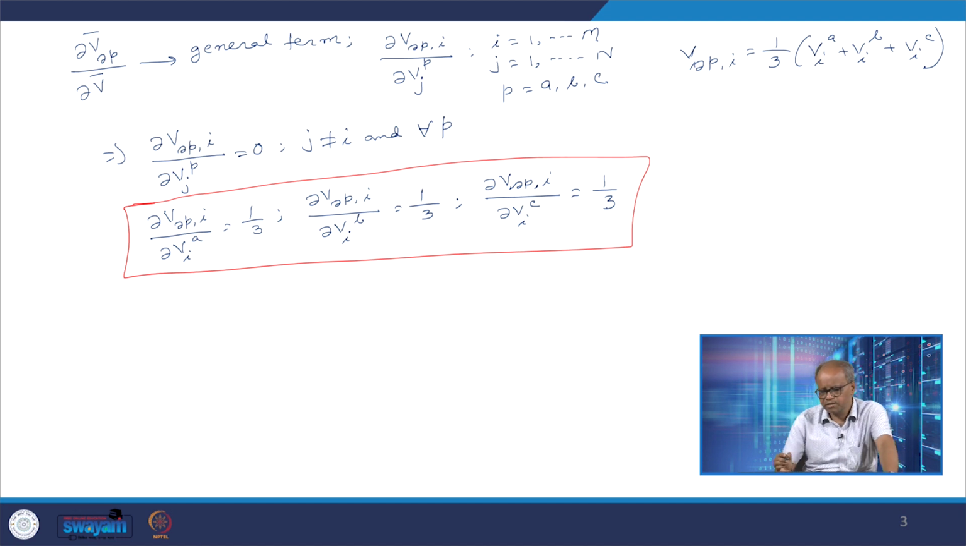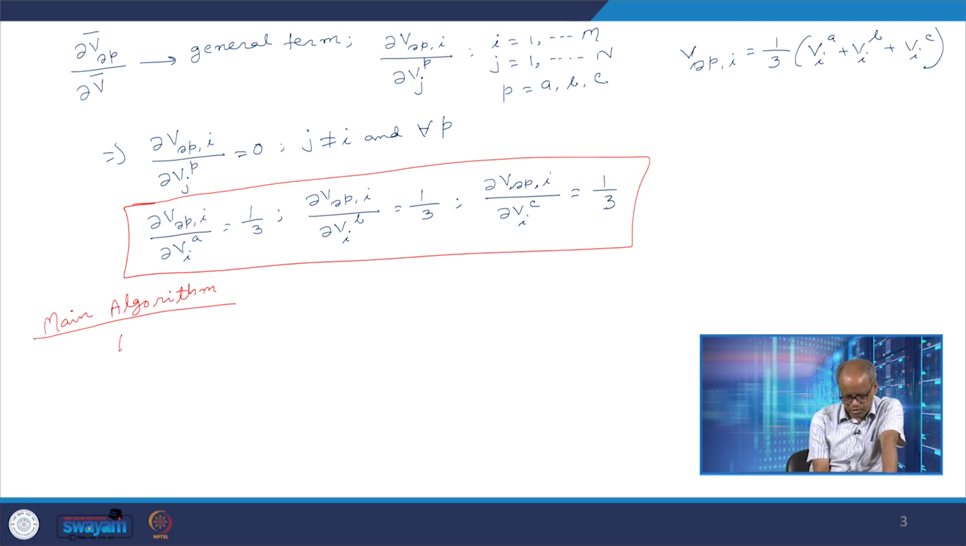The algorithm is the same as before. So the main algorithm, I will not go into much detail because anybody who is conversant with the course on computer aided power system analysis would know what the basic algorithm of any Newton-Raphson method is. So essentially the main algorithm is that